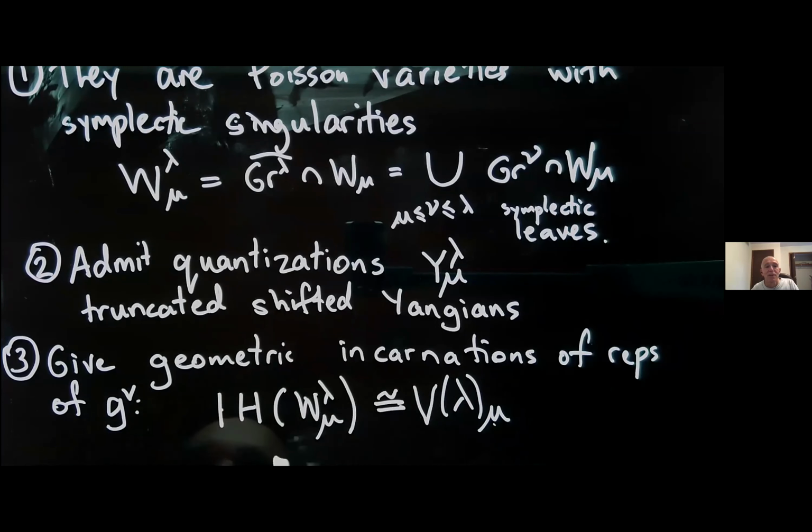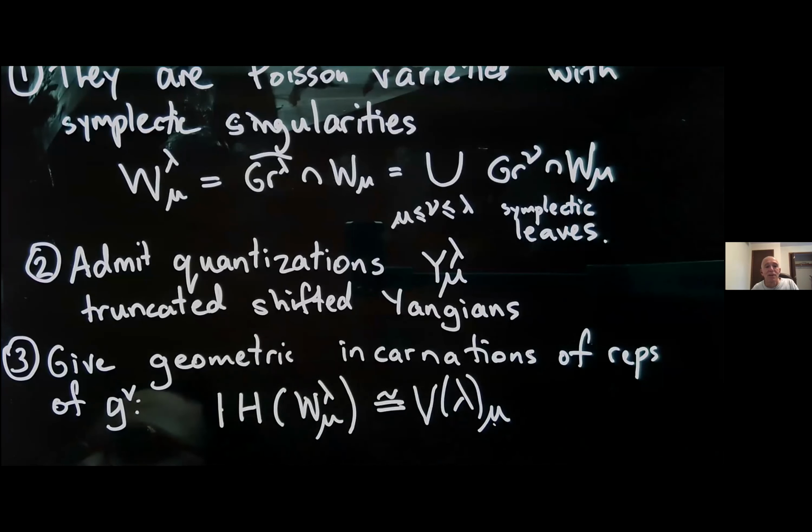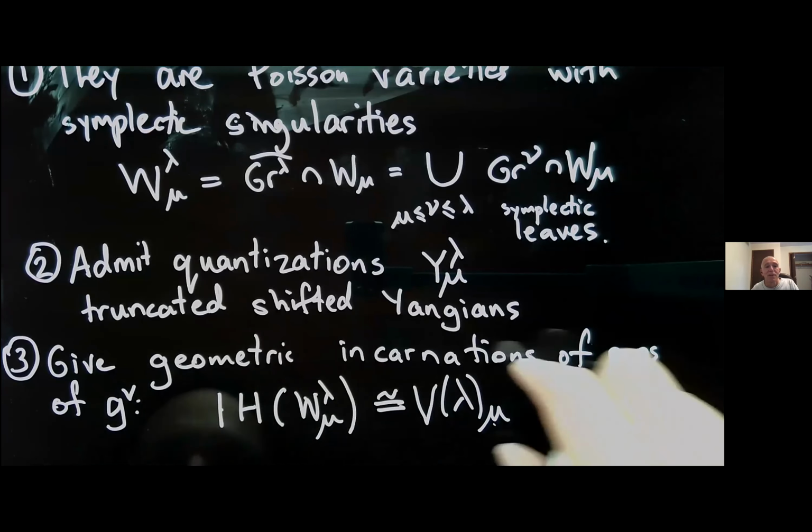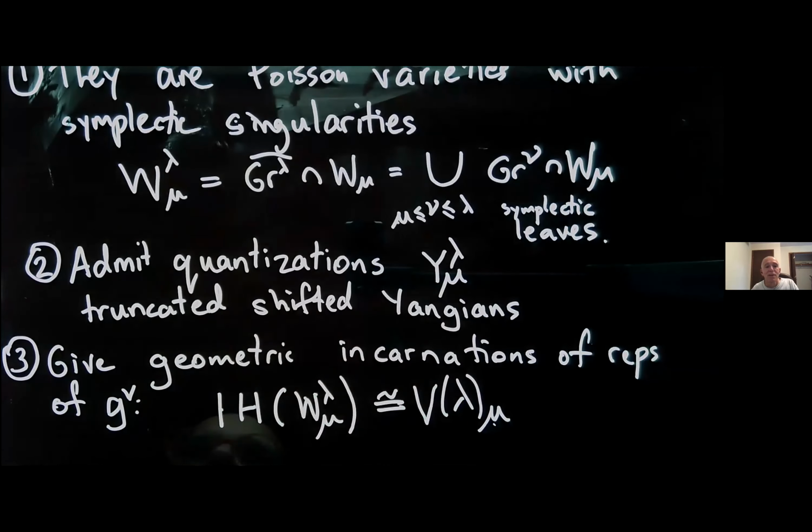To be a little more precise, I don't really want intersection homology here. What I really need is the hyperbolic stalk of the intersection cohomology sheaf. But those two things have the same dimension. Technically, this is actually the associated graded of this. Again, this is a byproduct of the geometric Satake correspondence.